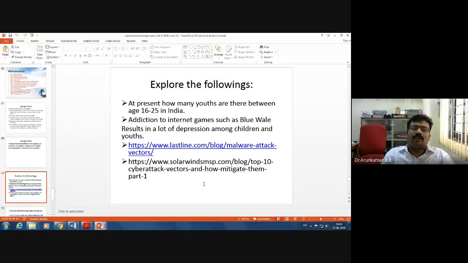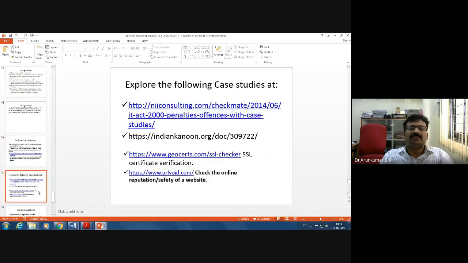So you can go to the different web links available. Also, you have seen in PUBG games swimming in the drainage, right?